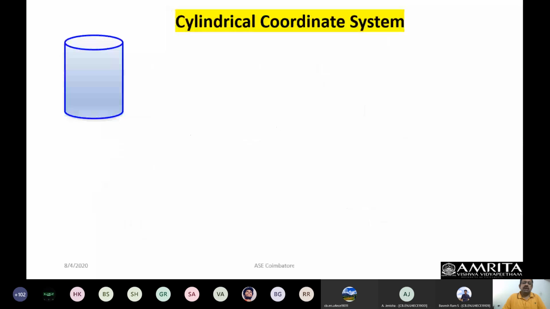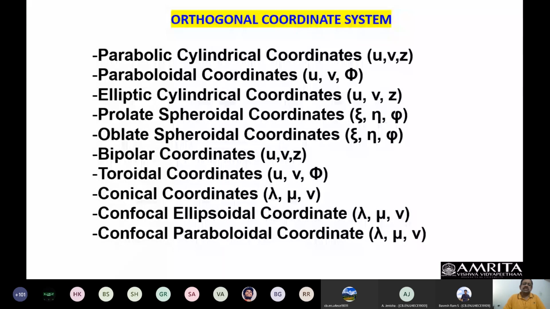But we will only restrict our discussion to cylindrical and spherical coordinate systems. Any other coordinate system or geometry can be visualized by a combination of these. Suppose I have a point in a geometry where all 3 axes are curved, then I can do some kind of an estimation using a combination of the coordinate systems that I know, which I will be knowing after the spherical coordinate system. I can use a combination, for example, rectangular and cylindrical, or cylindrical and spherical, or all 3 together, and I can get there also. Alternatively, I can use any of these coordinate systems.